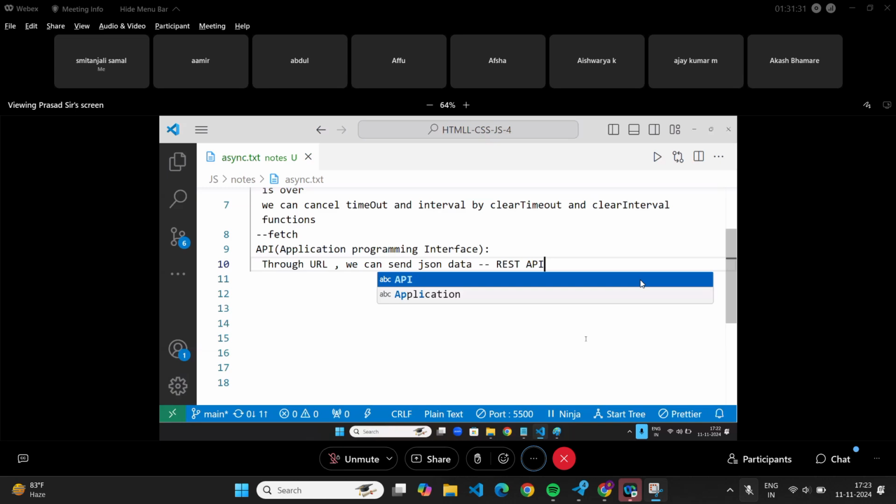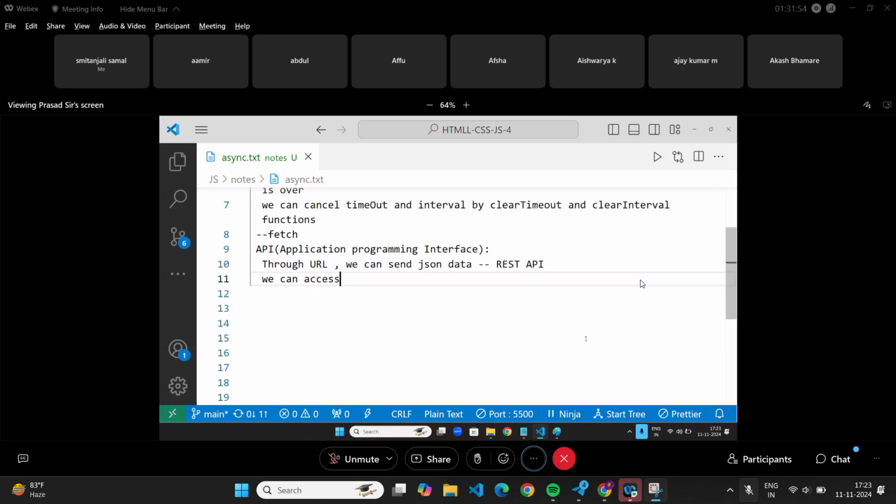REST API. Through a URL, we can send JSON data, which is called REST API. The backend will send one URL, and in that URL the data will be there. The front end will take the data and show it to you. We can access the data